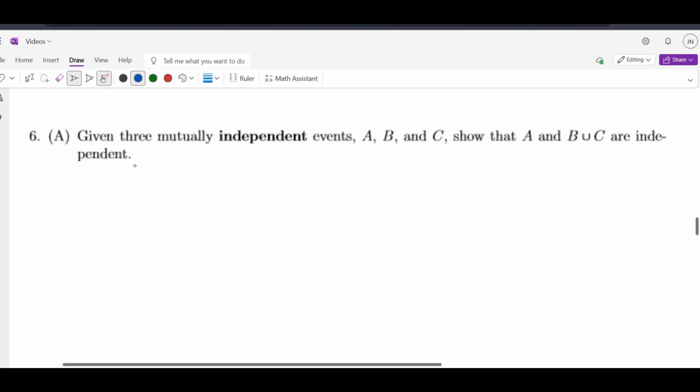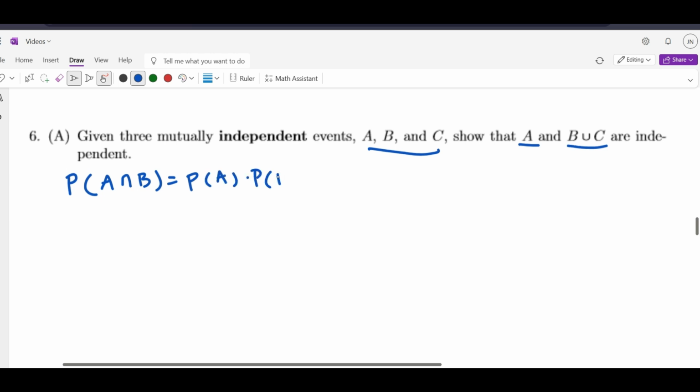Given three mutually independent events, A, B, C, show that A and the union of the remaining two are independent. What does it mean that A, B, C are independent? It means that the probability of any intersection of any pairs, in this case, is just the product